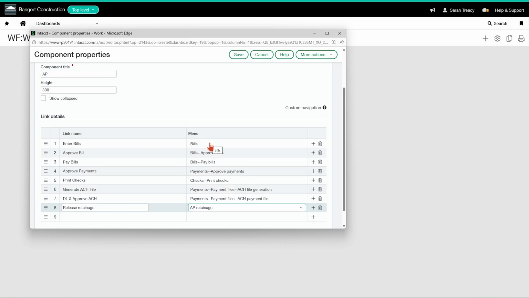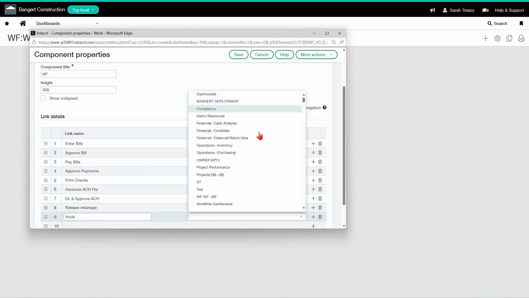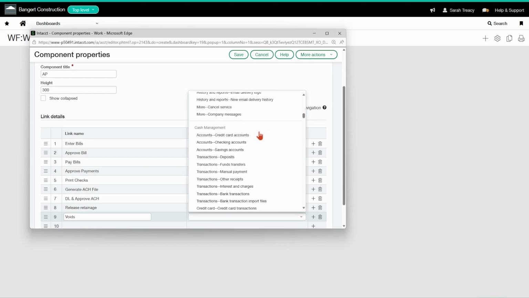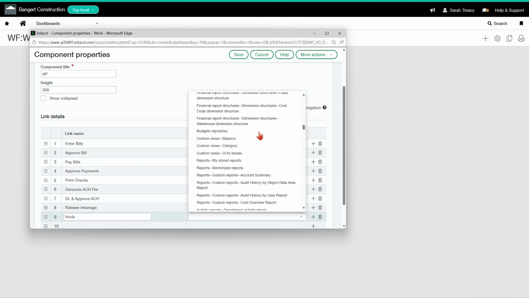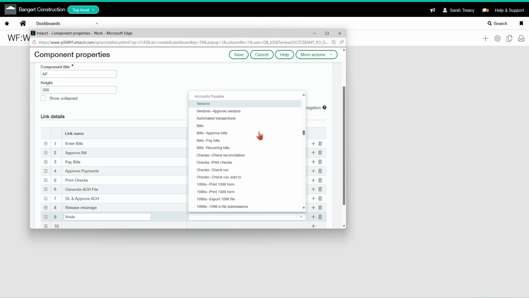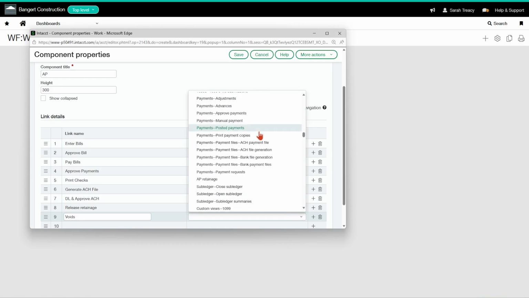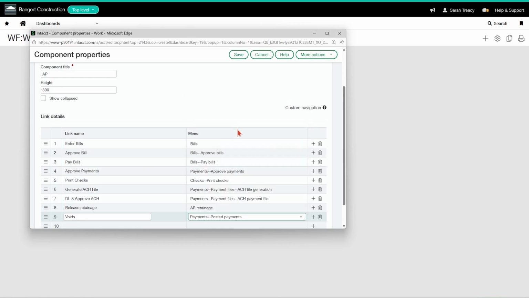And then let's say you needed to void out a payment that was incorrect. I'm going to create a link here for voids, and I am going to scroll down once again to the accounts payable section and find payments and posted payments. And from that screen is where I would do my void.